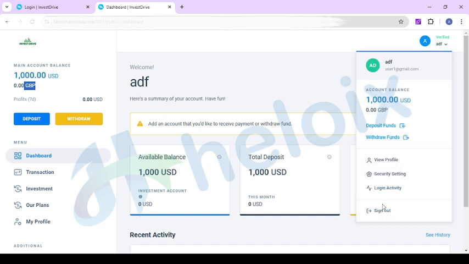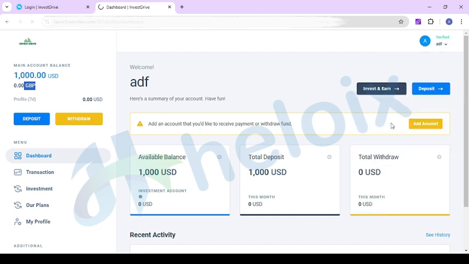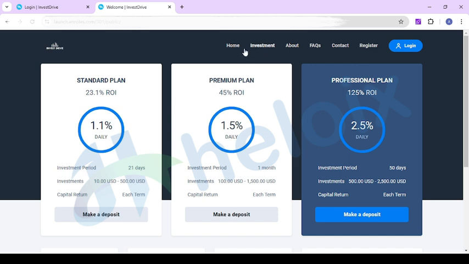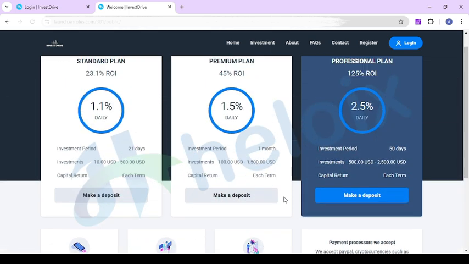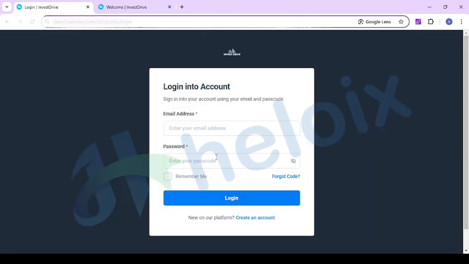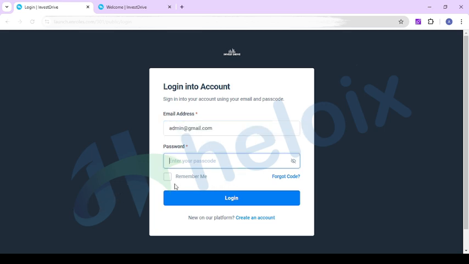Okay, so let me show you other things as well, like the admin panel or some details related to the front end. Here on the top, you can check investment, about us, FAQ. Here you can check some pages which we already created. You can change the content if you want to. Now let me show you the admin panel as well. Just allow me a second. Let me log in with my admin credentials which we created for the demo.